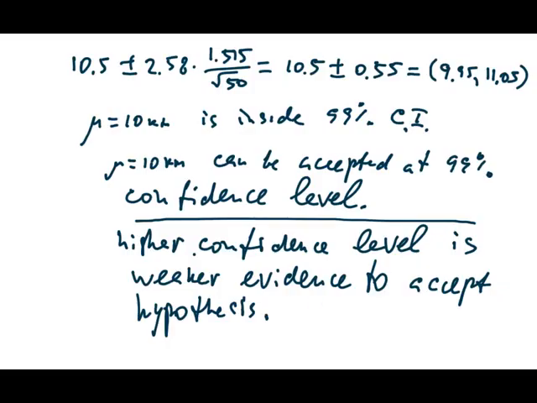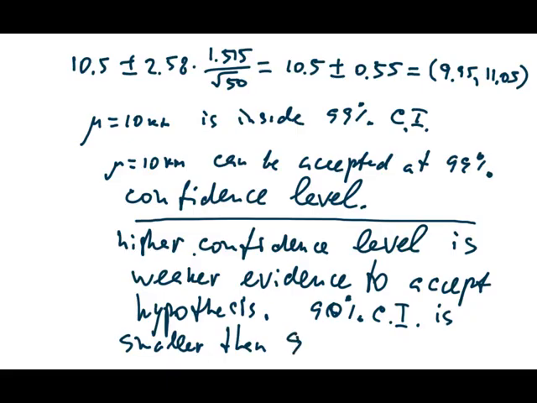We remember that the 90% CI is smaller than the 95% CI, and therefore if we can't accept the hypothesis at the 90% confidence interval, we also reject